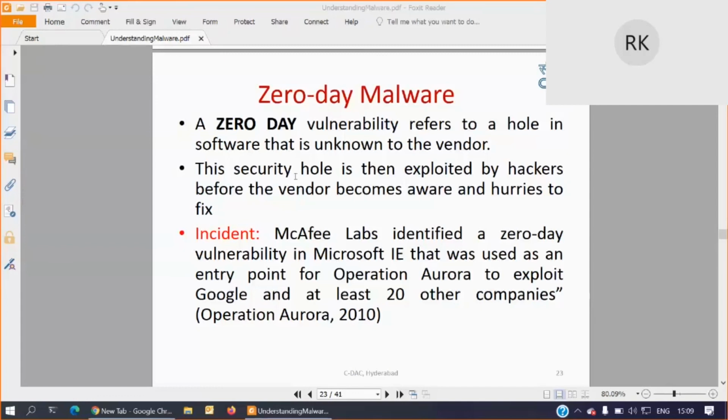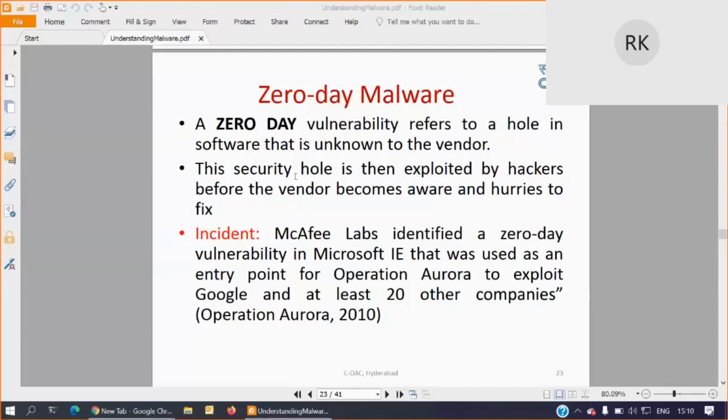Whichever is not known to us, that we can call zero-day. If it is an already reported and known vulnerability, all the antivirus people will have that behavior of that vulnerability in the database, and even the vendor will get a fix for that and give an update to your software, right? So if these kinds of zero-day malware are there, and they get detected by some attacker, now he has the chance to infect or compromise your system.